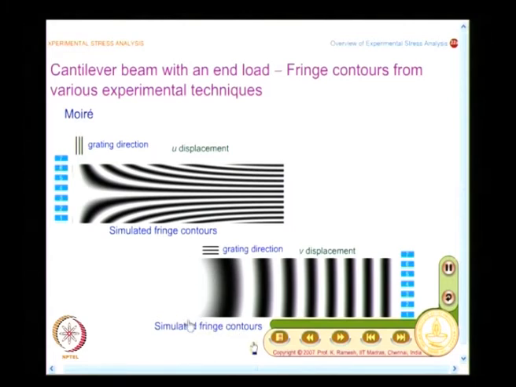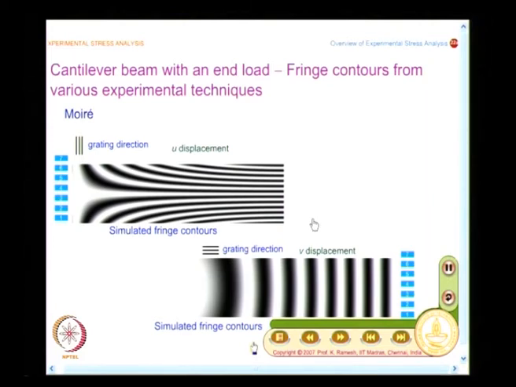And these are simulated fringe contours. As I have said, some of you who have an exposure to computer graphics can make an attempt. You have those equations, you could go and make a contour plot and bring it to me, and you will have a doubt how to get the fringe width. Let me keep that as a secret for the moment, and we will see how to get this band also when you do the plotting.